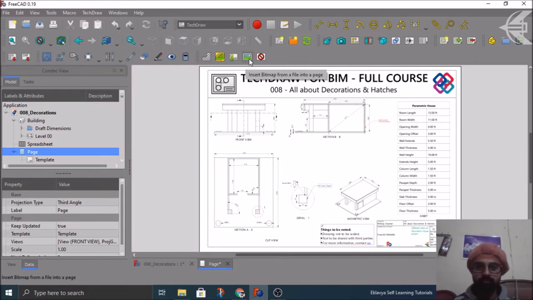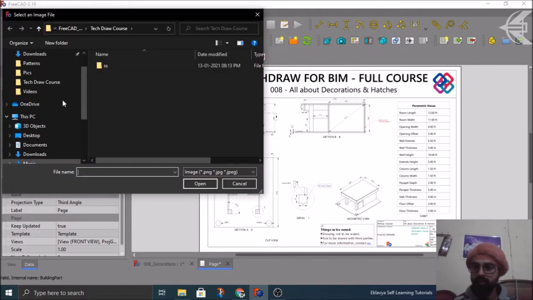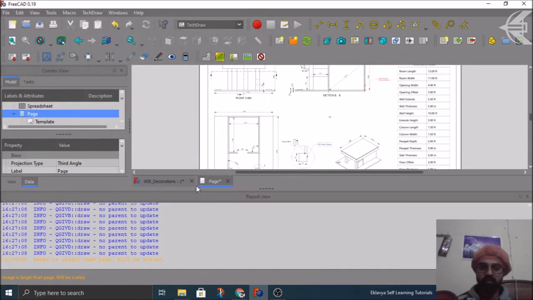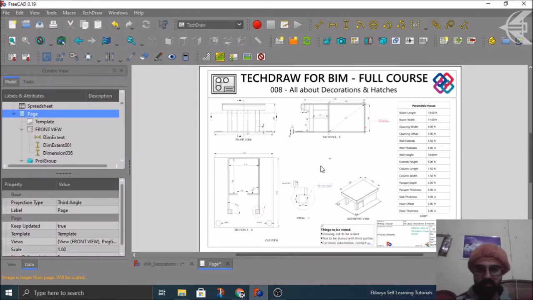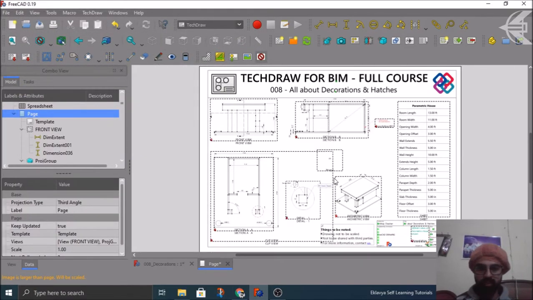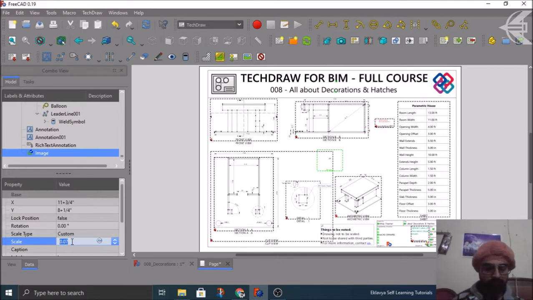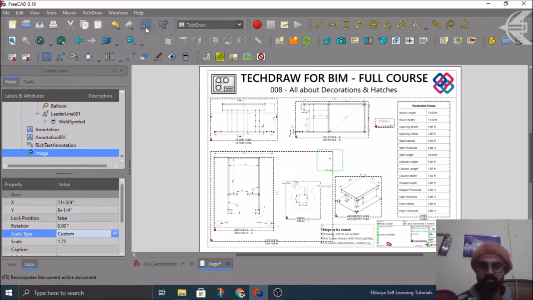So I'll click here and suppose I have one of the pics here like this one for this particular project only. So it has been automatically scaled and it's here somewhere. I'll switch on the frames and this is my view. What I can do for time being is in the properties bar, I can make the scale as custom and the scale can be around 1.5, or I can make it 1.75 rather, and I'll just refresh this.